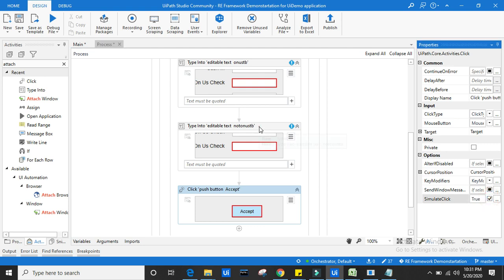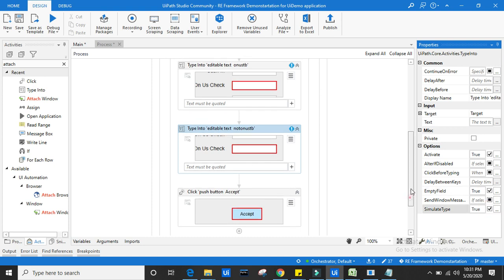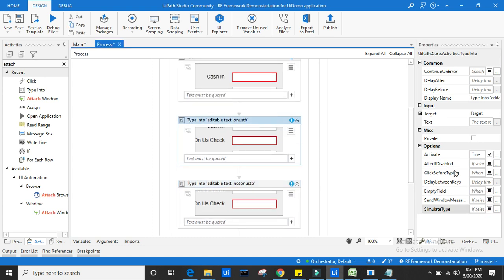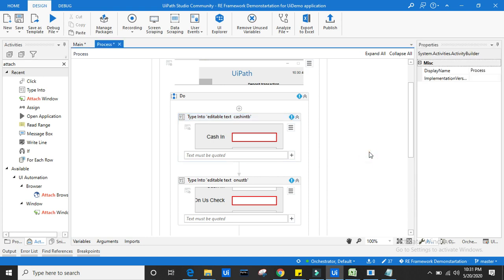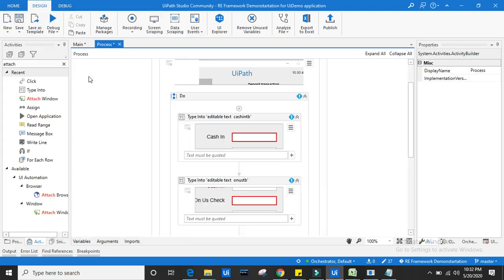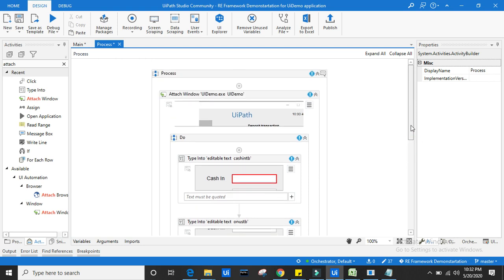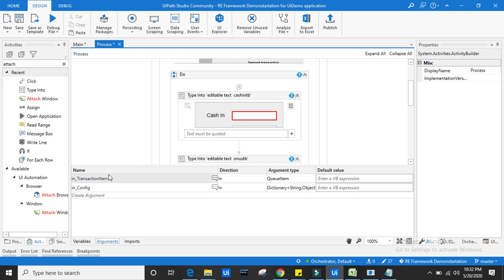Now the very important thing is, I need to empty field and simulate type. This is very important because sometimes there is a possibility of getting an error if you don't check this. Basically, not always, but there are some possibilities. Now what value should I pass here? It's very important. So again we are making use of the Excel file. Here in the arguments we'll see we got the transaction item.